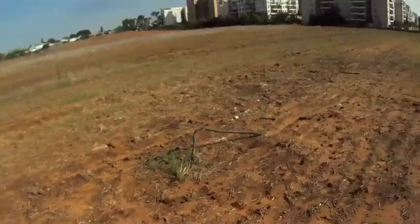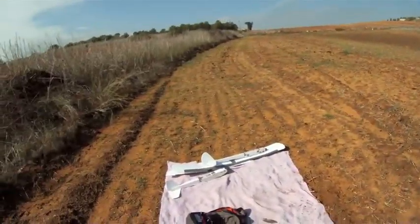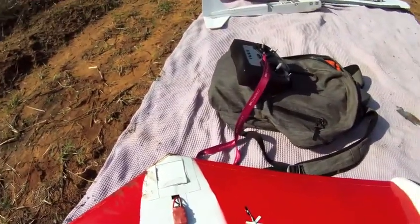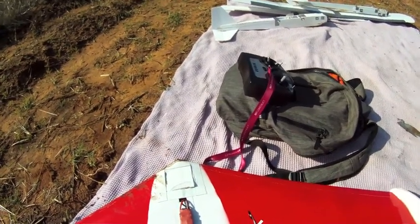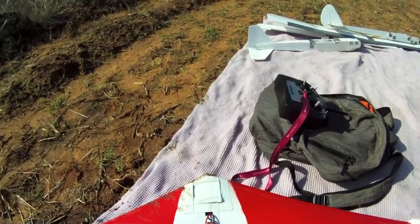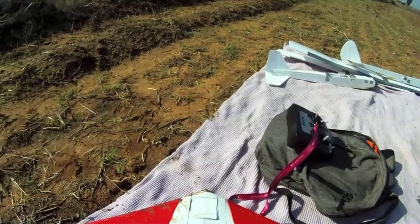I just think that this motor might be either not calibrated correctly, or the prop is just not right. I really do not know. We're gonna give this another shot, last shot, and if not, we can either try to hook up this motor...